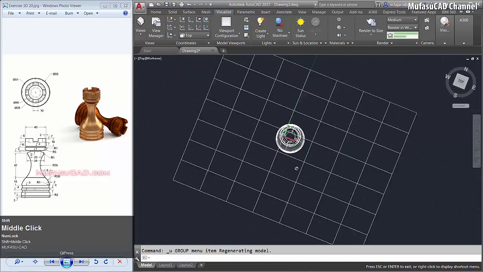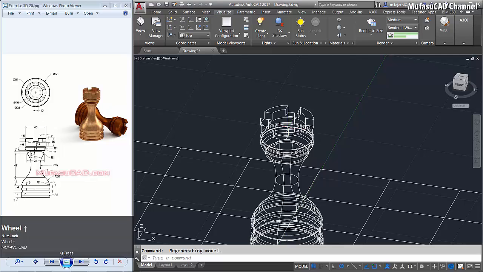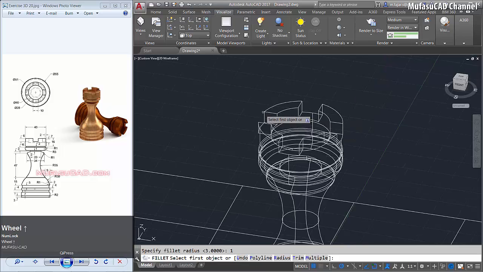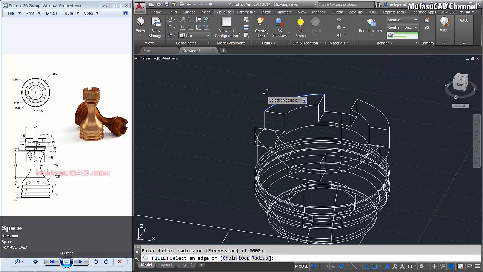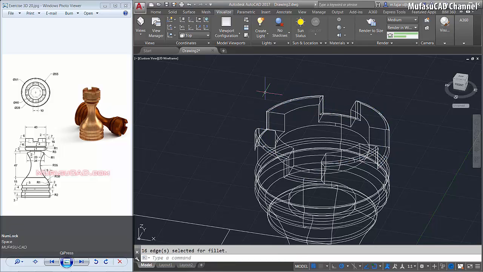You can rotate this drawing, and then I will use the fillet command with a radius of about 1. We fillet this edge, enter, and type L for the loop option. Okay, select this edge again, and enter to fillet. Okay, use the fillet command again, select this edge, enter, type L to loop, and select this edge again, and next. Okay, we fillet at this point and accept, enter to fillet.